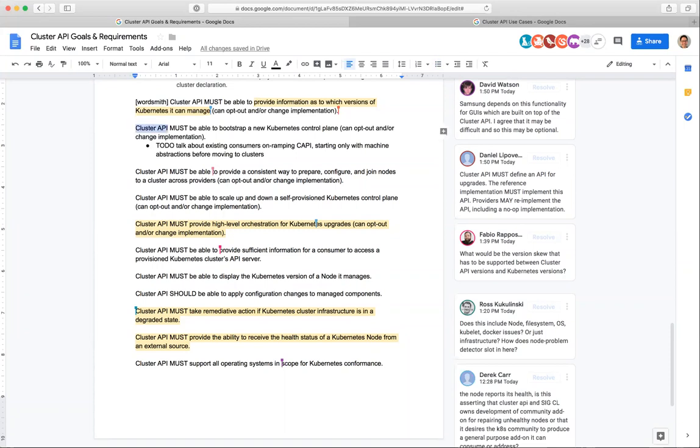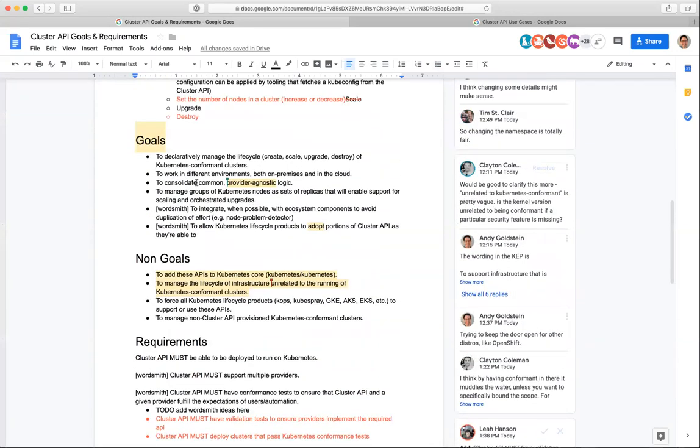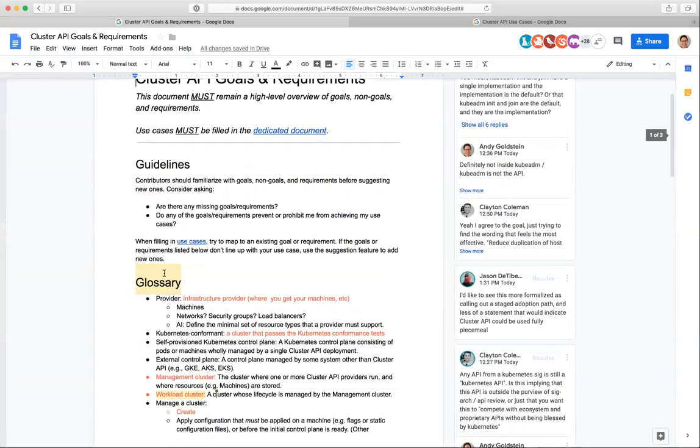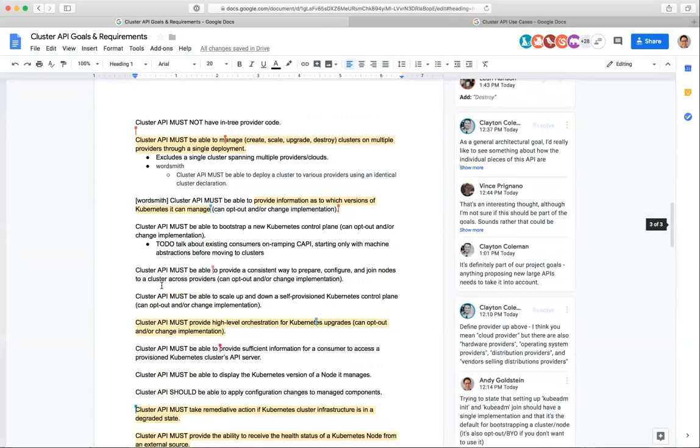And everywhere we wrote Cluster API at the beginning of each of these requirements, it's not about the Cluster API group in API machinery. It's this project, the scope of this project. We should put the reference in the glossary. I wouldn't even change the glossary to be taxonomy, because it's how you're using the words. Sure. I'll get around to that.